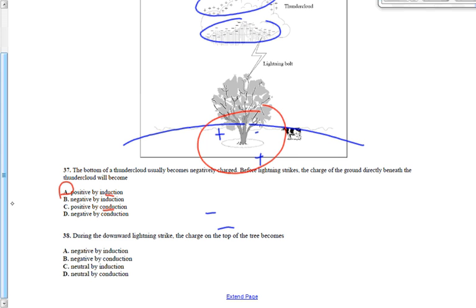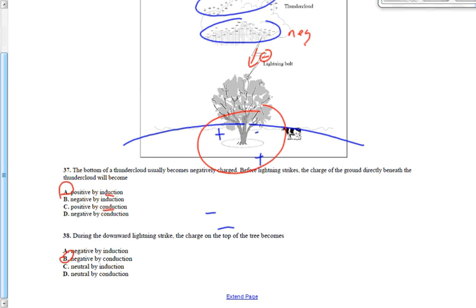38. During the downward strike, the charge on the top of the tree becomes what? Well, we're not told whether the lightning bolt includes negative or positive charges, but since it's coming from the bottom of the cloud, and the bottom of the cloud is negative, the lightning bolt is going to be a bunch of electrons being transferred down. So, what's the top of the tree going to become as these negative electrons are coming down there? Yeah, it's going to become negative, and it's called conduction because these electrons are being transferred down. It's not physically touching, right, the cloud and the tree, but charge is still being transferred. So negative by conduction, the answer is B,